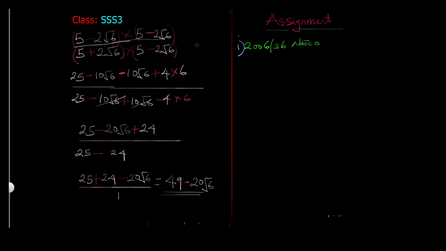The question was: simplify 1 all over square root of 2, another square root of 2, plus